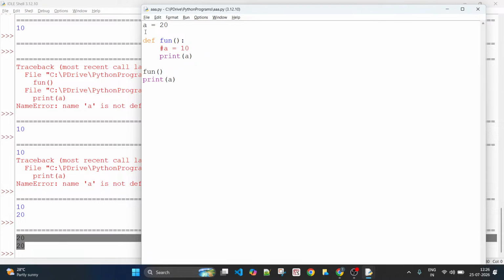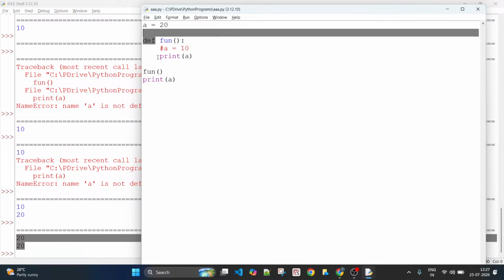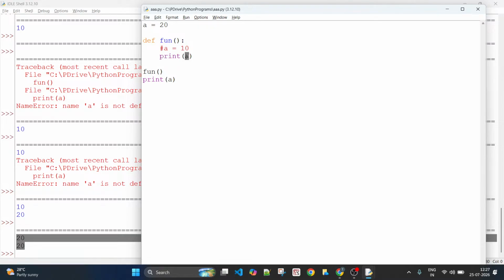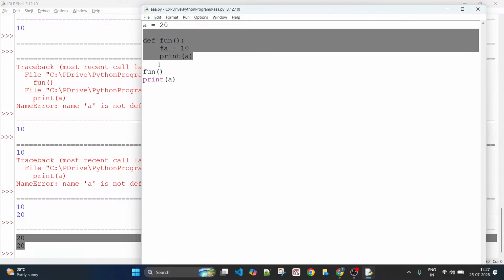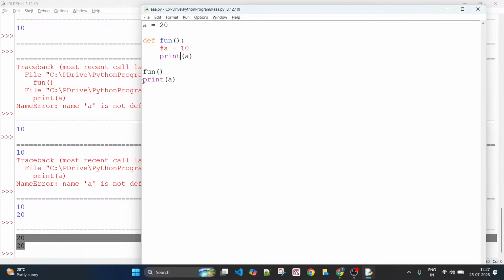So when you call this function, it comes here, and by the time you ask it to print a, it could see some variable by name a with the value 20 and that 20 will be printed by this function. After that control comes back to the next statement. Here a, this a is nothing but this. So this also prints 20.